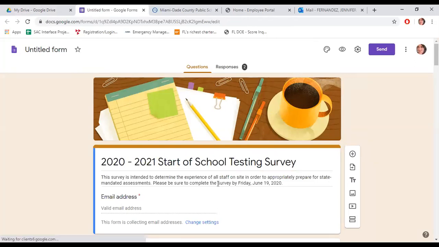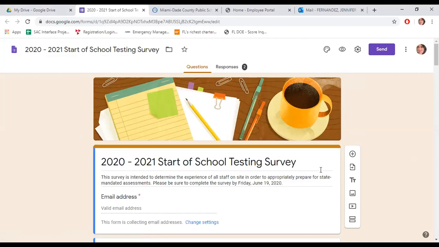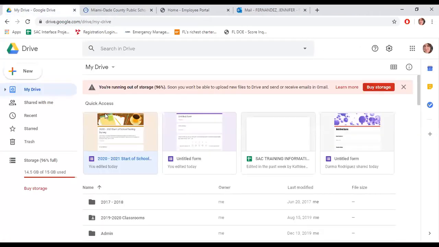I changed the title of the survey, but I didn't change it up here. So, oh, and it just updated itself. So again, it is something that's continuously saving and updating. So just give it a little bit, you know, it is a computer. But it will save into your Google Drive and it will appear there for quick